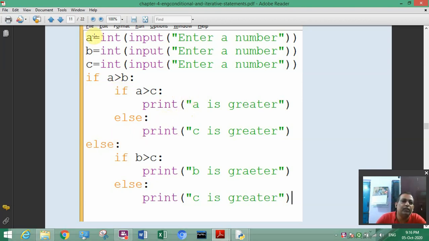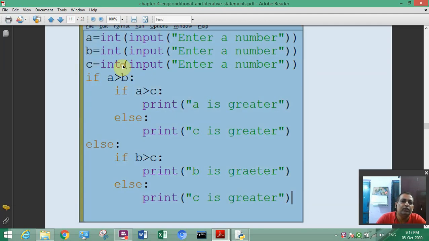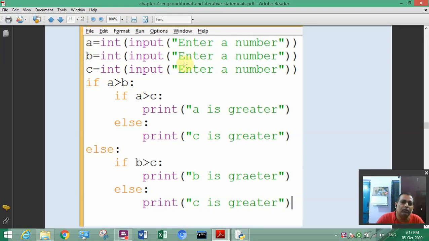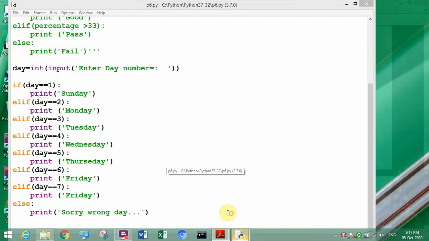Here we are giving three numbers and we are finding which number is greater. A, B, C, we are giving three different numbers, and this program will find out which one is the greatest number. Okay, so this one also you can do in the programming. So this is our next program.